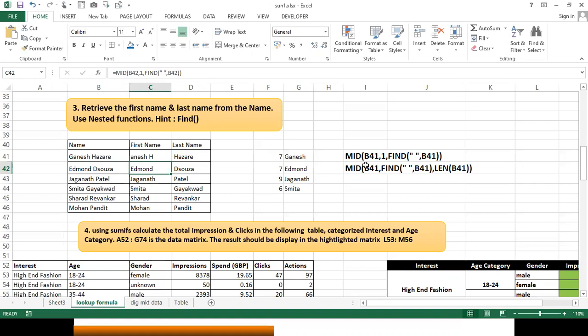G is gone. It started from A, right? Yes. So it will start from the 2nd character, 3rd character, 4th character, wherever it is. It is a character number. From there, it will take it.